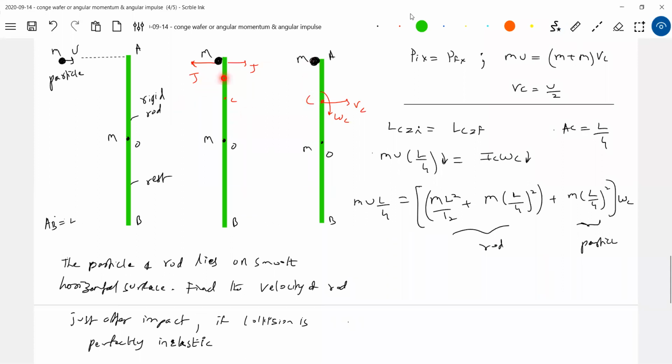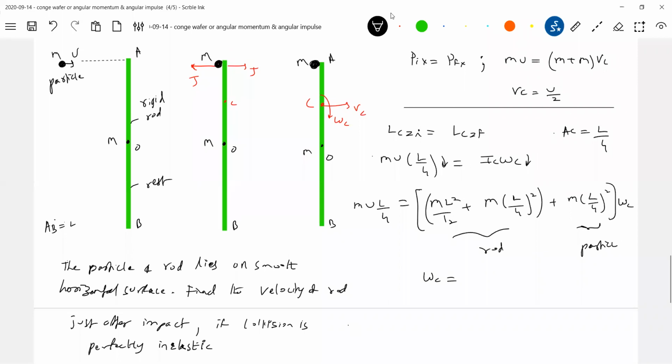Since the net angular impulse is 0, finally it must have some angular momentum. That angular momentum is about which point? About C. Any reason for that? Because a rigid body set free to rotate will rotate about the center of mass. Like this, we'll get omega C. What is the velocity of point A after collision? Can we find that out also? It will be L by 4 omega C plus Vc. What is the velocity of point B? Vc minus 3L by 4 omega C. Like this, you can define the speed of any point.